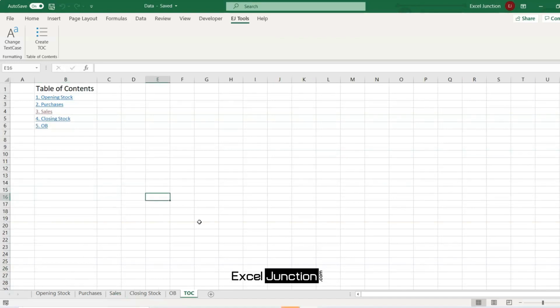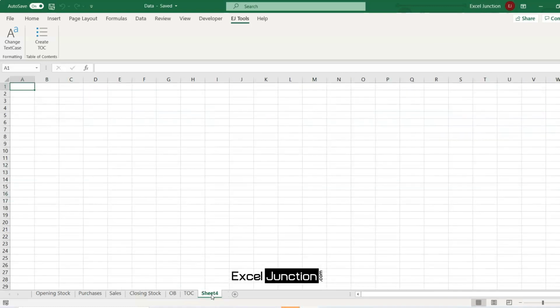Further, if you need to refresh your table of contents, it will delete all buttons that might have been created previously. For example, you choose to add another couple of worksheets while working on this file. Let's just add and rename both to ABC and XYZ.